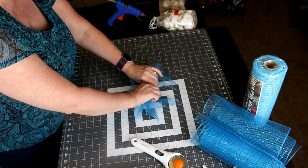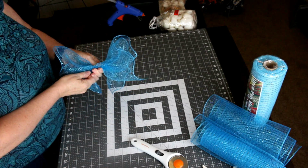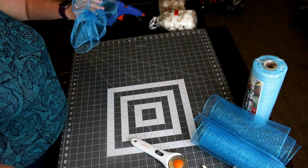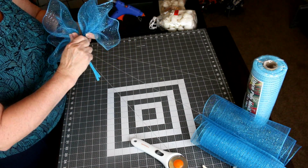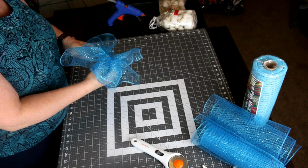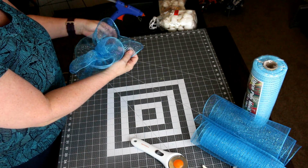Then when I get to the other end, I just kind of tuck it under like that. That just kind of helps keep those little sides tucked under. And then I have this, and I will just take my pipe cleaner, run it around the back, and tie it off. So you see when you get those together, that looks more like waves to me than it would if we